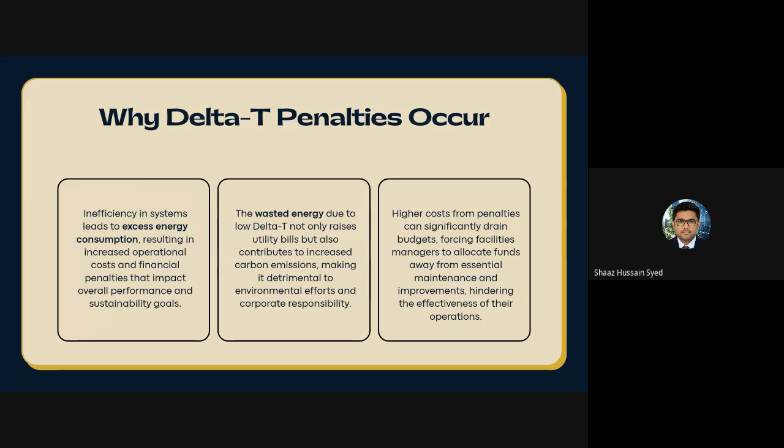The district cooling is the same way. You are not utilizing the whole temperature difference which district cooling is providing to you. They will not see what you are doing with it inside your building, in the secondary network. They will not advise you, they will not see that. So they will bill you according to what you're doing. That is how the penalties happen.